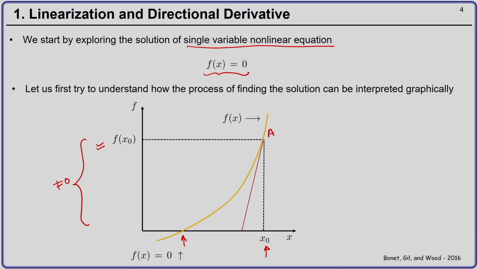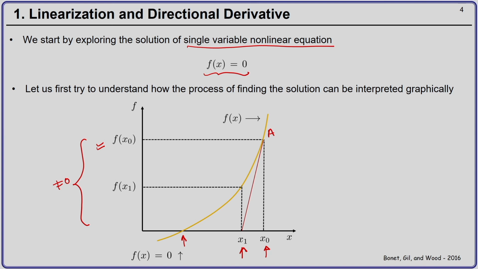The derivative of the curve at x 0, that is f dash x 0. And now, we know the coordinates of this point also. So, we know the equation of the red line, and using that we can find out where this red line cuts the x axis. Let us say this point is x 1. Now, again we can compute the value of the function at x 1. Say this is the value of the function f of x 1.